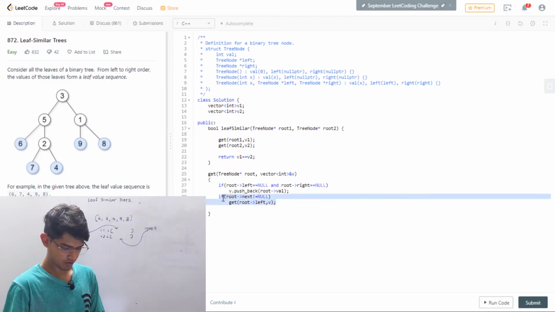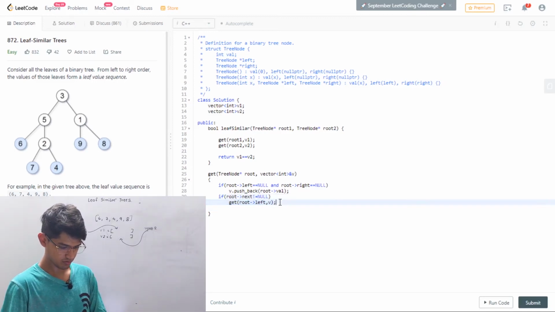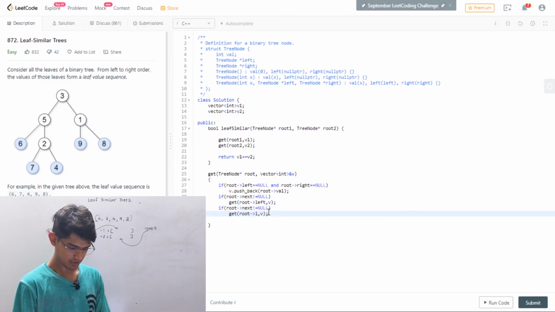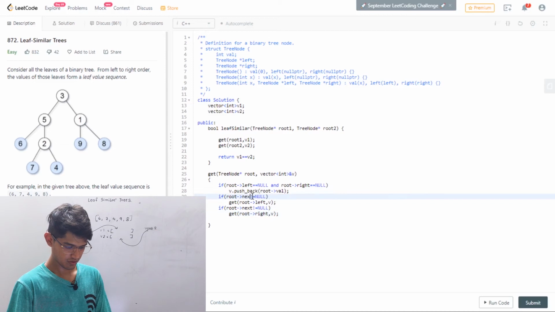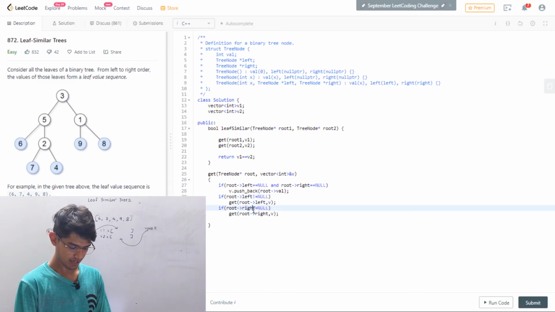This is the same for our right also. So here we'll be passing our right, and here it should be left, because we are checking the left of root and right of root.